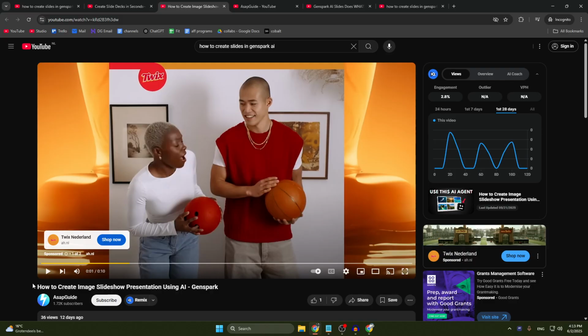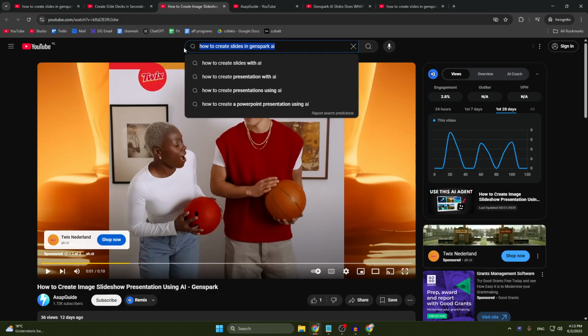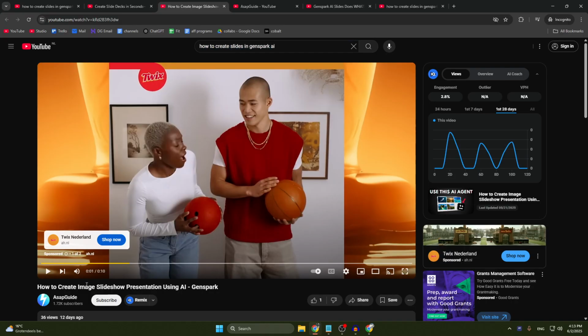But looking at their title, we can see it's very similar to our main title, how to create slides in Genspark AI. Now lastly, let's also take a look at the third